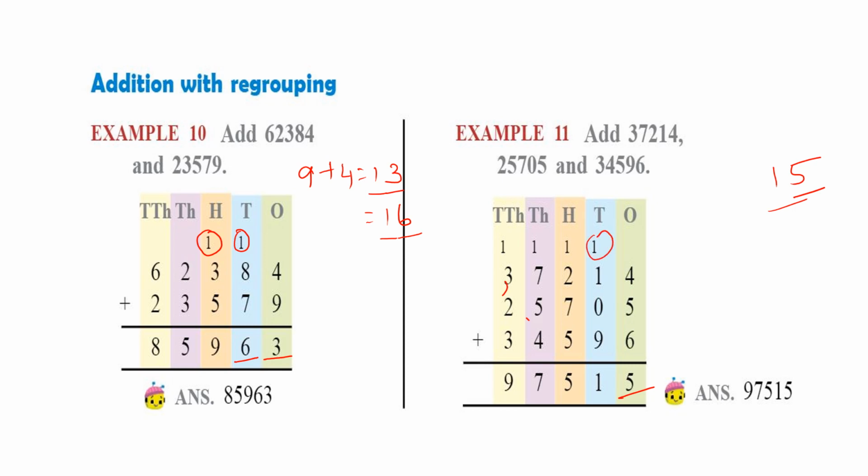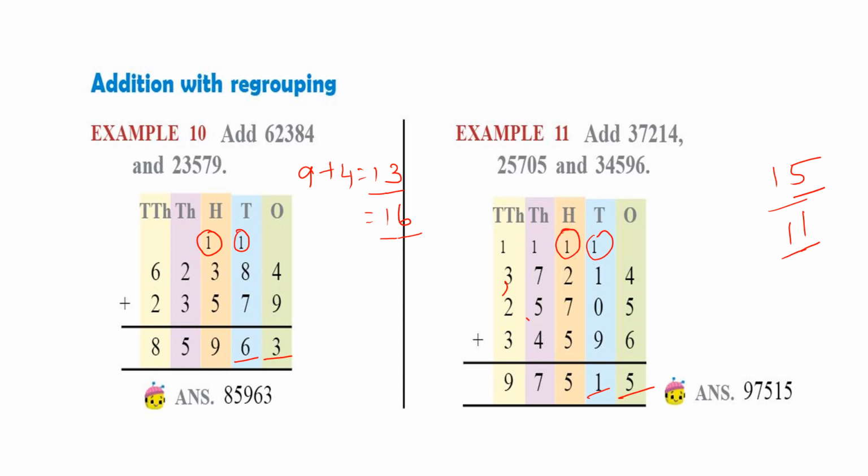Now add tens place. 9 plus 0. Any number added with 0 is the same number. So 9 plus 0 is 9. 9 plus 1 is 10. 10 plus 1 is 11. We get 11 here. Write only 1 in tens place and take the next one to hundreds place as carry